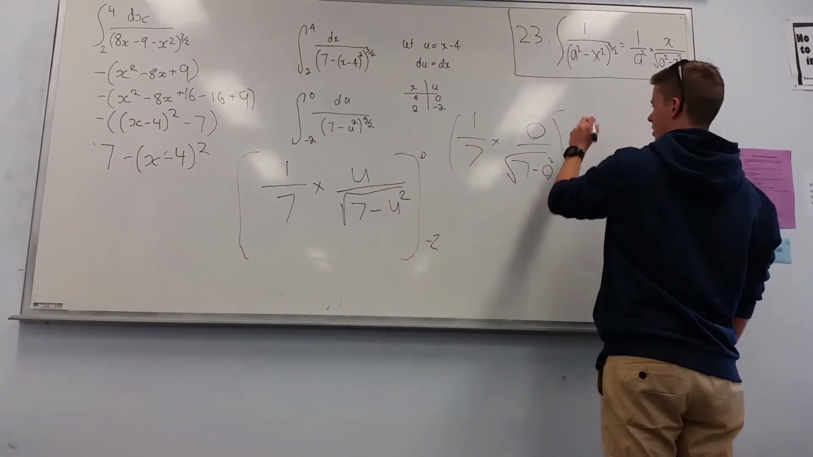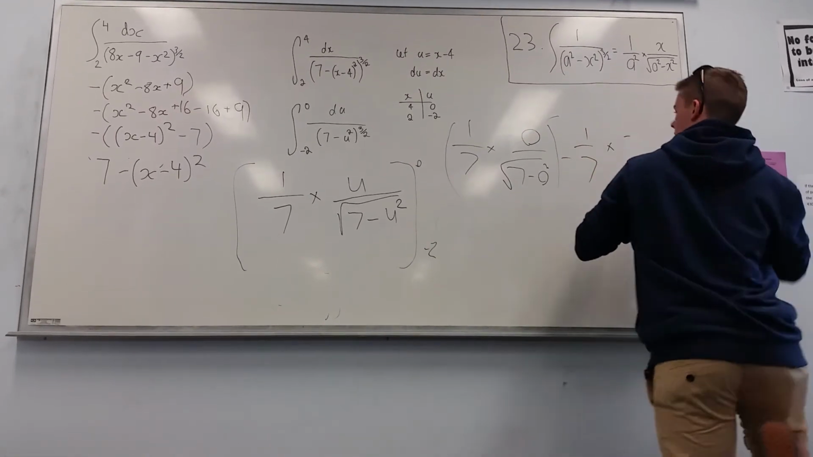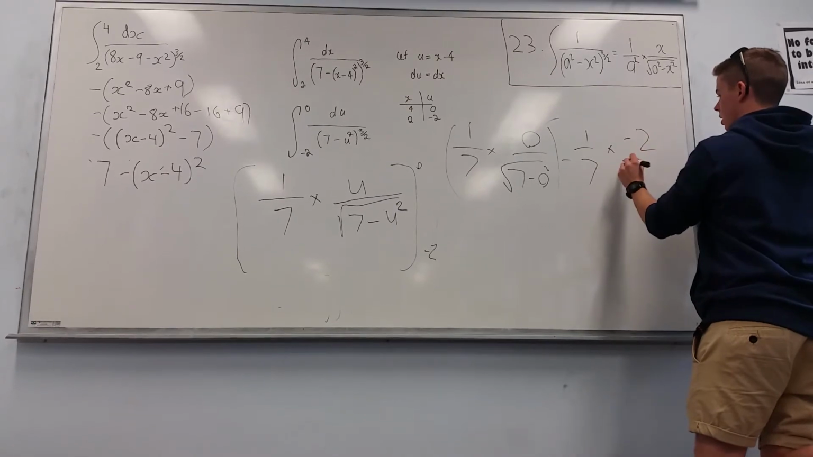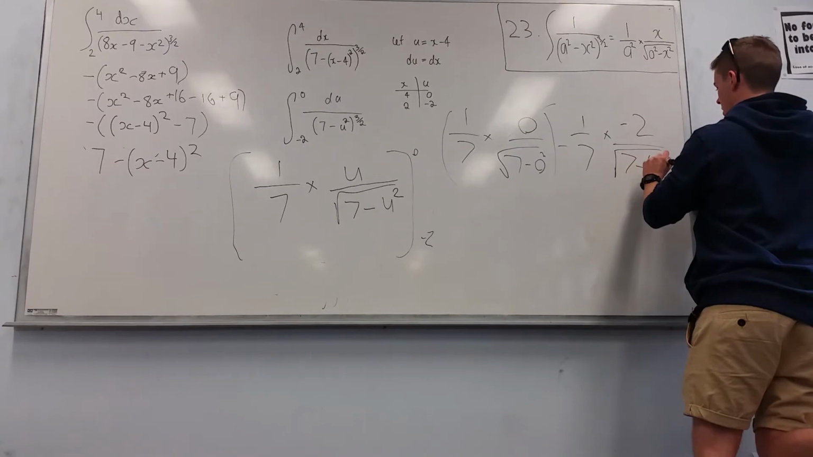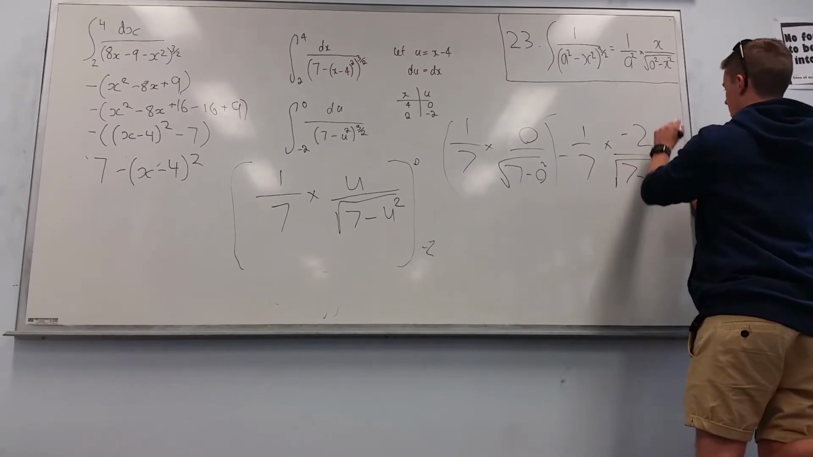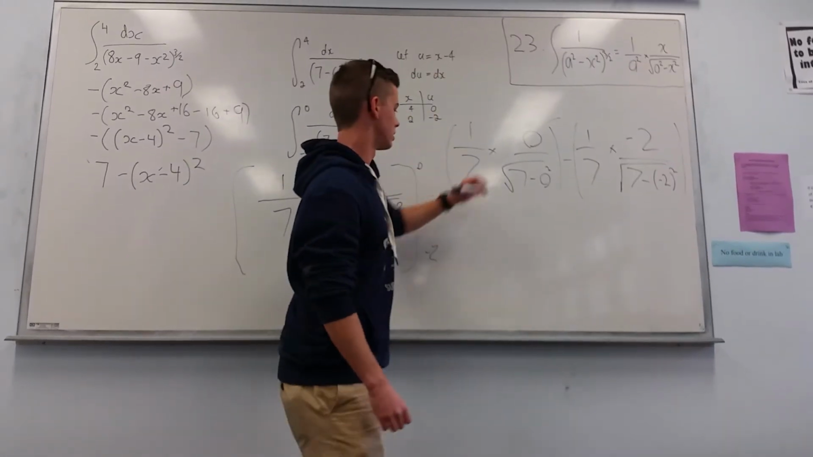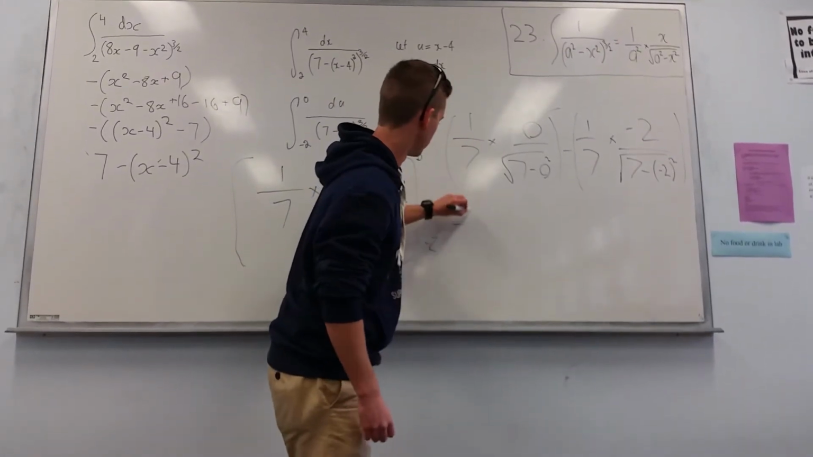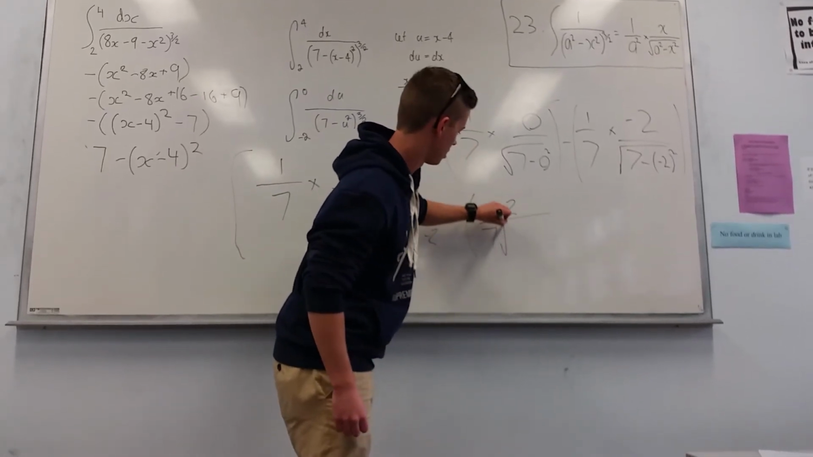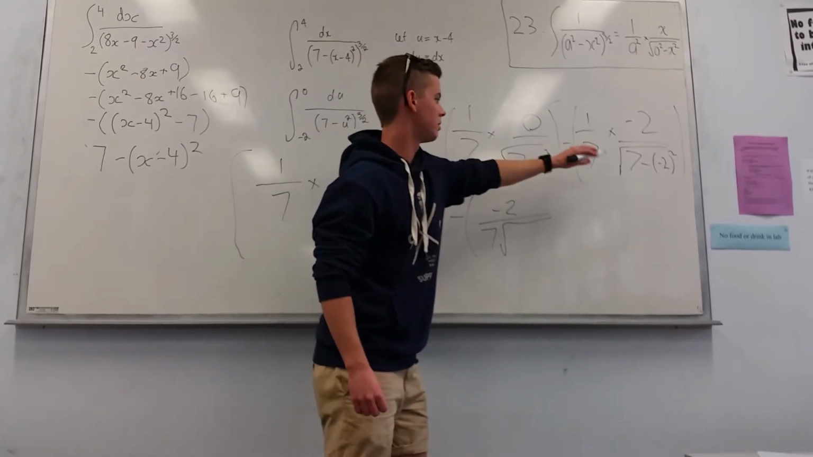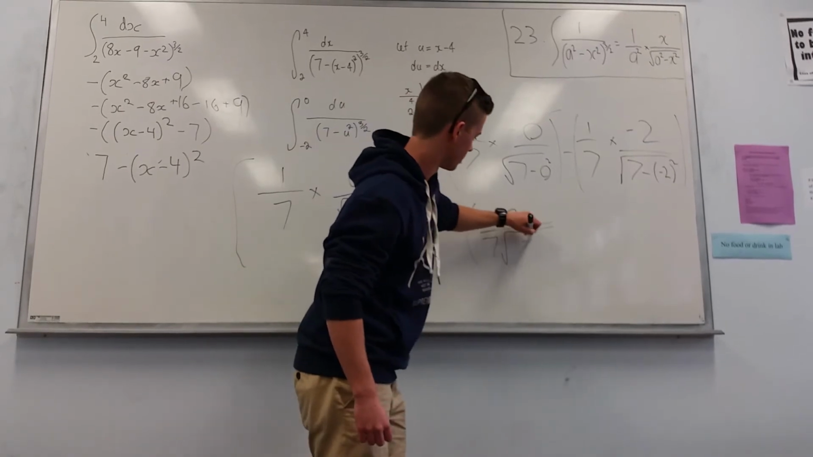Putting the negative 2 in, we have 1 over 7 times negative 2 over square root of 7 minus negative 2 squared. Okay, so now we can see that we have, if we times that out, we have negative 2 over 7 square root of (7 minus negative 2 squared), which becomes 7 minus 4, so we have square root of 3,